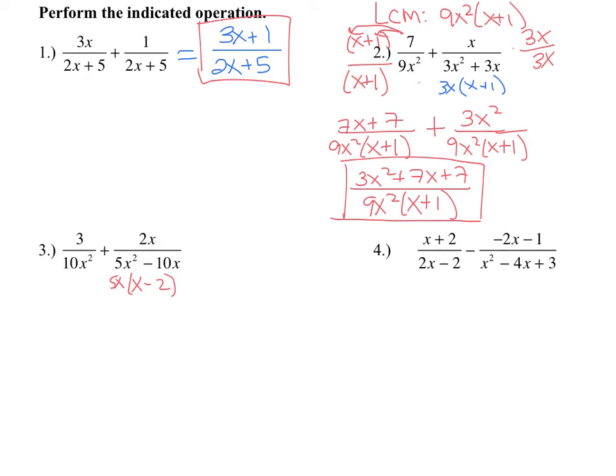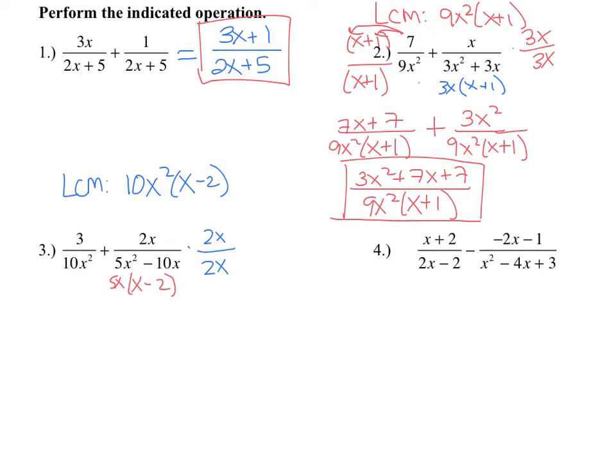Okay, well, to turn a 5x into a 10x squared, that's possible. So our least common multiple is going to be the 10x squared, because 10 is a multiple of the 5, and x squared is a multiple of the x. And we also need the x minus 2. So my second fraction has to be multiplied by 2x over 2x. So that 5 times 2 is 10, x times x is x squared, and then we have our x minus